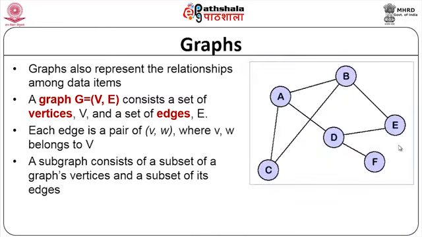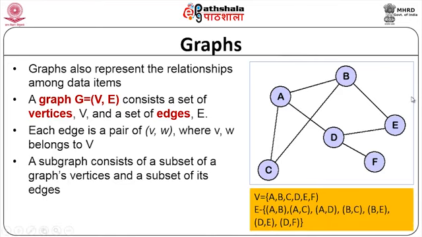Okay. So this is an example of a graph, where we have A, B, C, D, E, F. So you have 6 vertices, that is a set. A, B, C, D, E, F is the set of vertices, and the edges are AB, AC, AD, BC, BE, DE and DF. So those are the edges, that is a set again, as we already discussed.